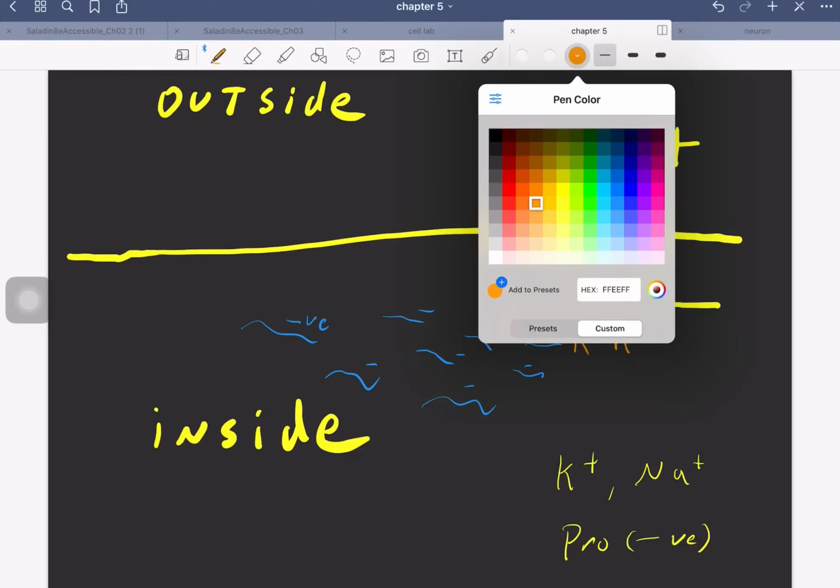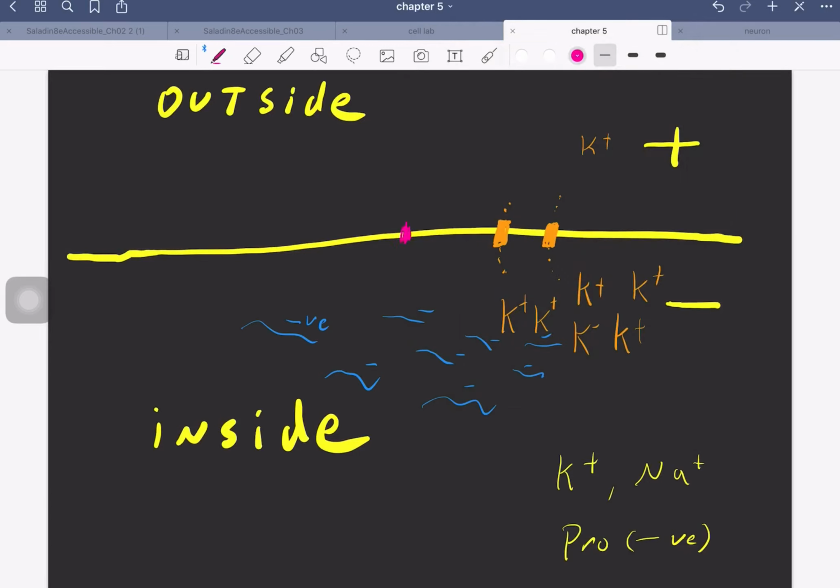Just change the color for sodium. There are also sodium gates, or channels, I should say. And sodium is much more concentrated on the outside versus the inside. Now, sodium has a harder time to leak in and leak out, but it may. So there is a little bit of leakage of sodium in to go from high concentration to low concentration, and